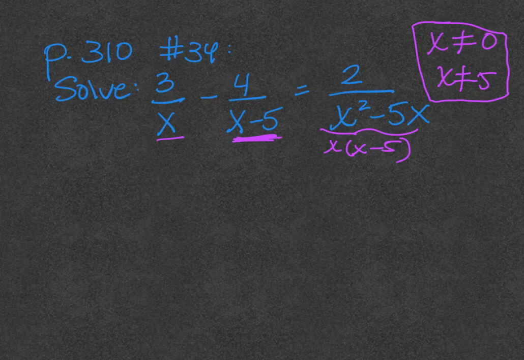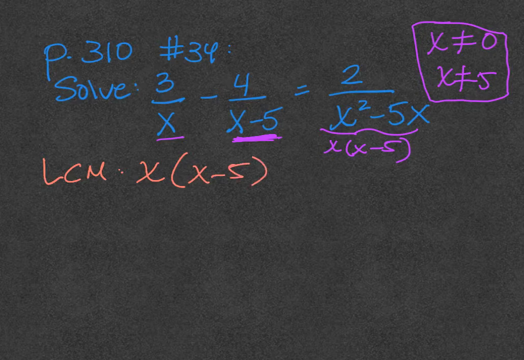All right, so my LCM here now, if I look at all my denominators, I have an x and x minus 5, and then the last fraction has a combination of those, right? Has a product of x and x minus 5. So my LCM, the first fraction has an x, so I'll need an x. The next one has an x minus 5, so I will need that as well for my LCM. The last fraction I already have covered, right? It has an x, and I already have it. It has an x minus 5, and I already have that. So that LCM will be good enough to multiply through the entire equation